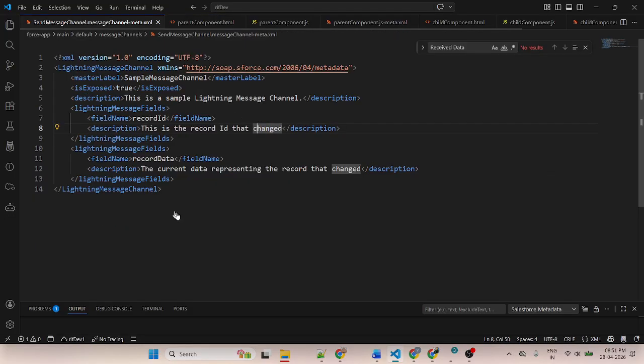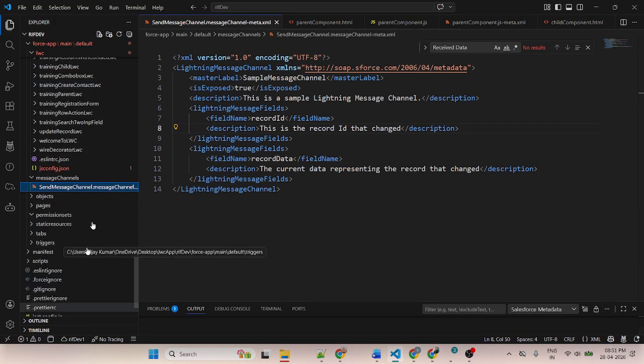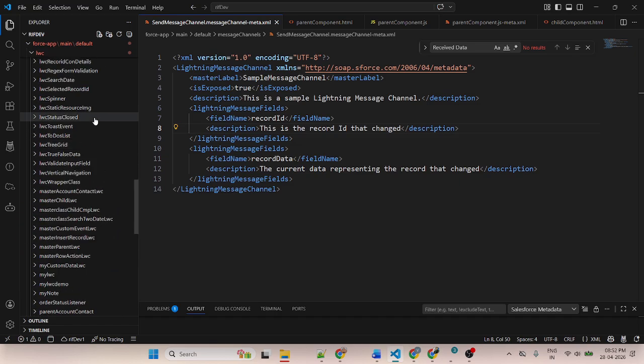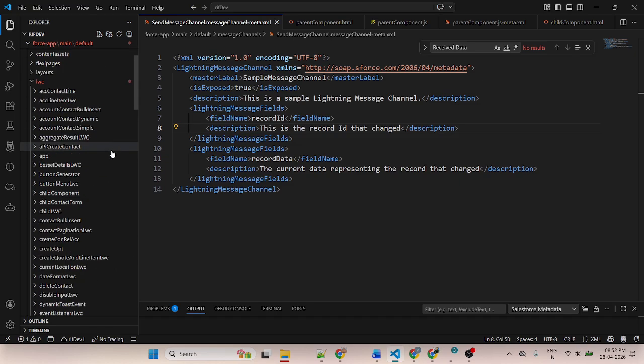Actually, first I created a Lightning message channel. This is a message channel, and it is a component. It plays a very important role because first you need to understand the structure, where we need to create a folder. The folder is always created outside of the LWC folder.